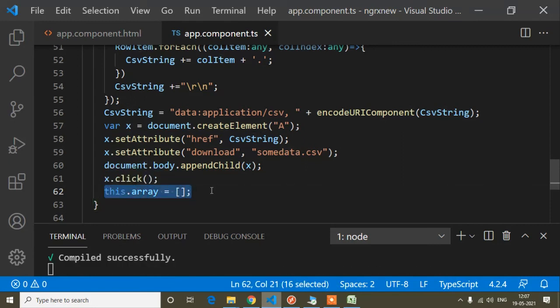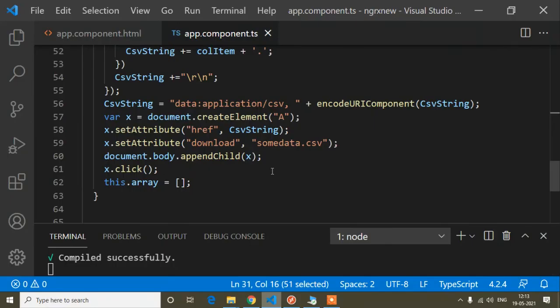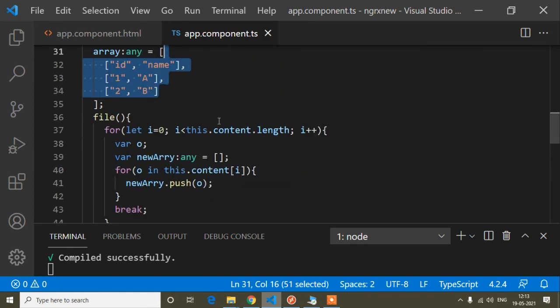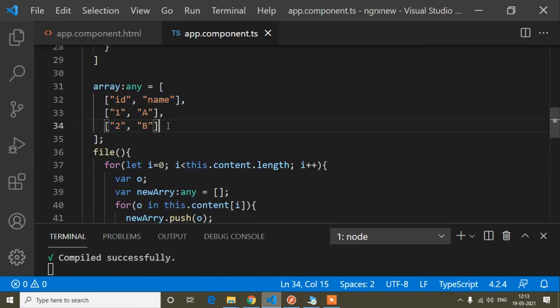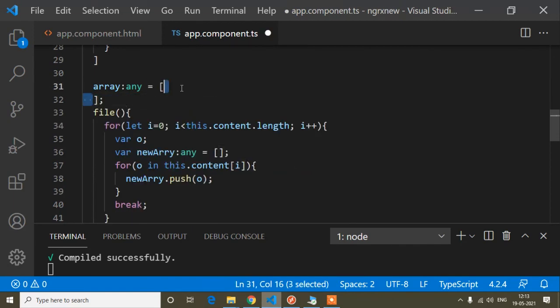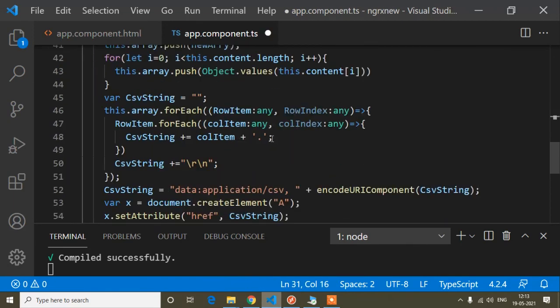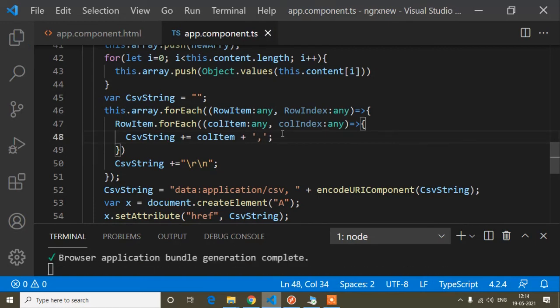When I was downloading, the old data was coming because I made two mistakes. Now everything is set dynamically, so I have to remove this one from here. The other thing is that to set all the columns, it was coming in the same column, so instead of a dot I have to write a comma. Save, and now if I download,